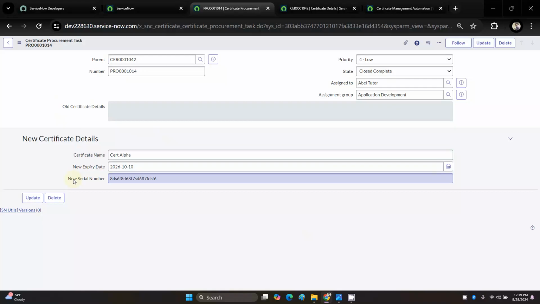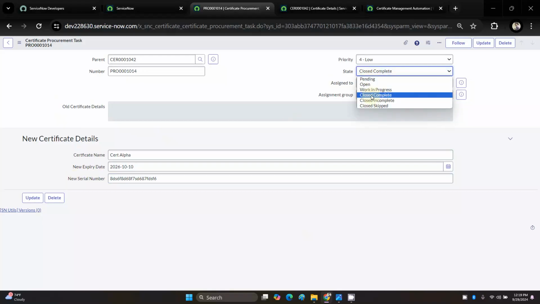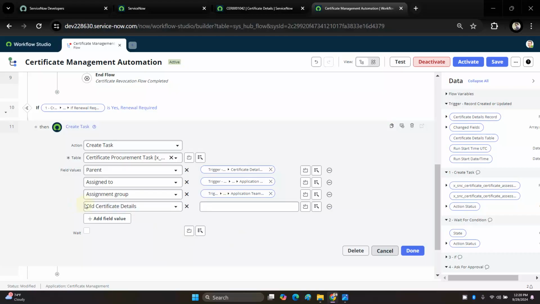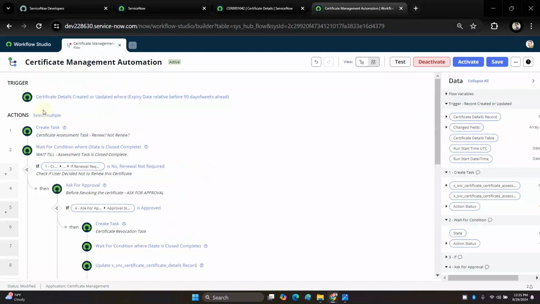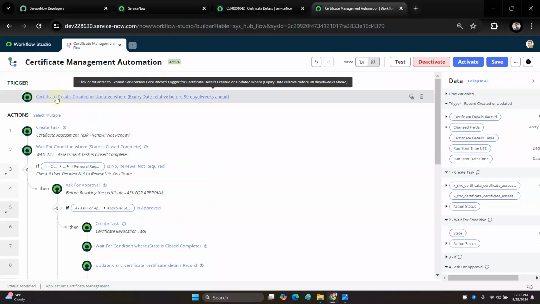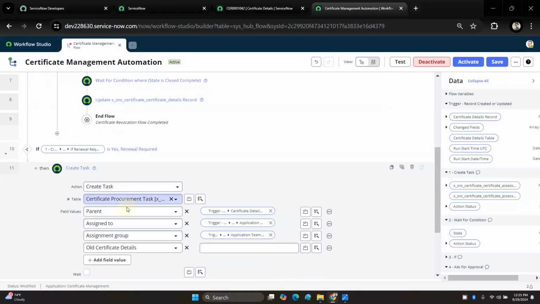These two fields should be mandatory whenever we close, whenever we select close complete. Okay, let me fix these three things. So on the flow designer, let me add a new field, and I want to get the new certificate, old certificate details from the previous tables and records we have. So if I get this from the certificate details, then I'll have to fetch one by one